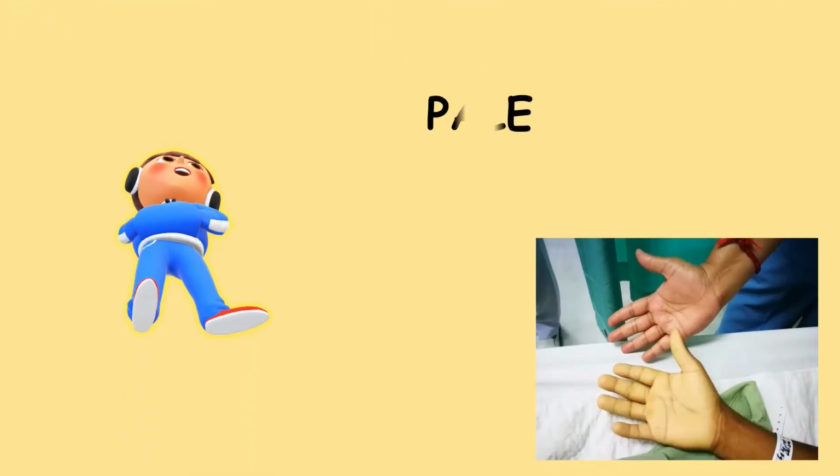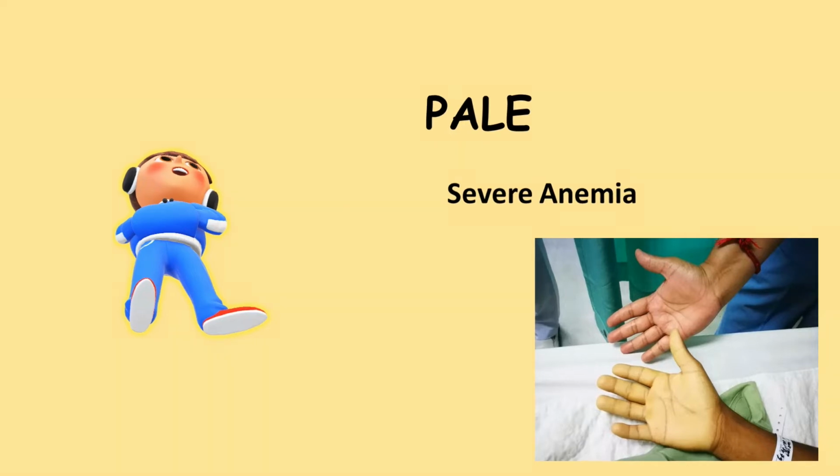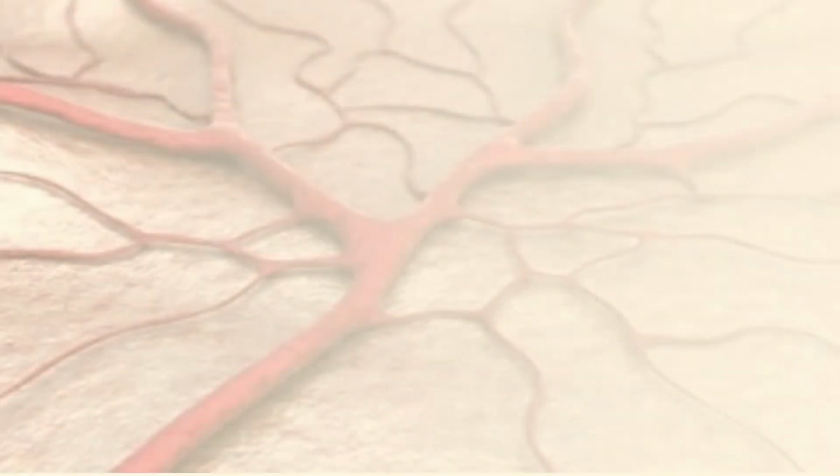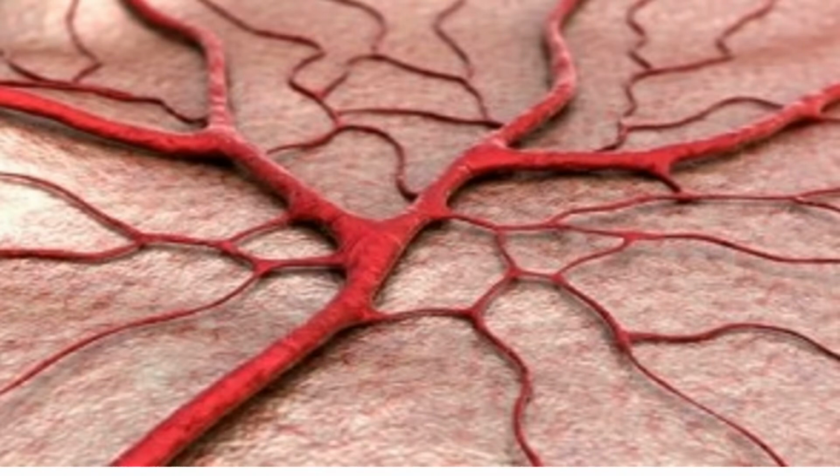In severe malaria, the patient can become severely anemic with hemoglobin level falling even below 5 grams per deciliter. And this could happen especially in case of falciparum malaria. Now let us see inside the blood vessel and see why falciparum malaria is so deadly and dangerous.